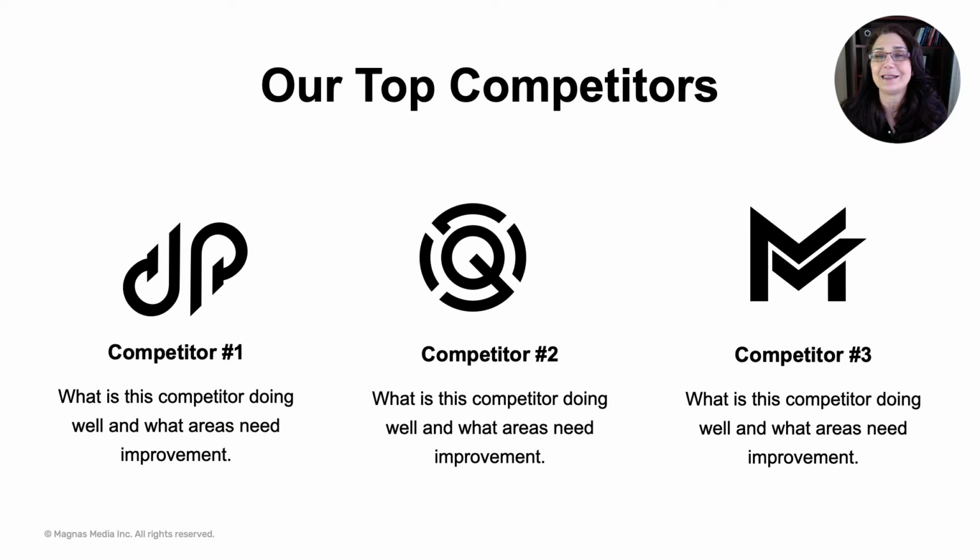Or you can keep it high level and just talk about your direct competitors. So you'll find slides that look like this, where you just pick your top 3 and you give them the name. If they have logos already, just put them to make it more visual. Or a product, if it's a product image, put the product image there, not the logo, and write a short description so you can show that these are the companies that we're monitoring. Now, of course, on the pitch deck, you don't want to put all the data about them. It's more about showing that these are the companies that we are keeping a track of